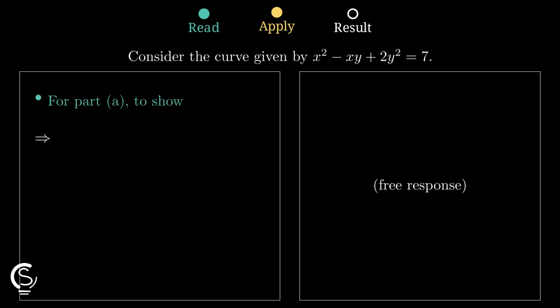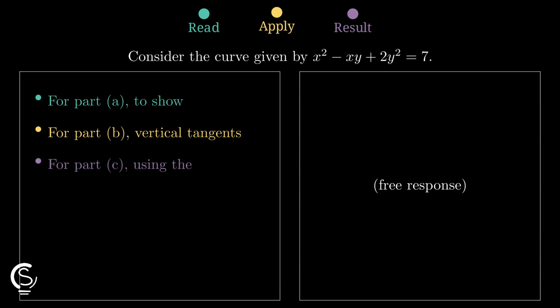For part B, vertical tangents occur when the denominator is 0, 4y minus x equals 0, or x equals 4y. Substituting gives 4y squared minus 4y times y plus 2y squared equals 7, which simplifies to 14y squared equals 7, yielding y equals plus or minus square root of